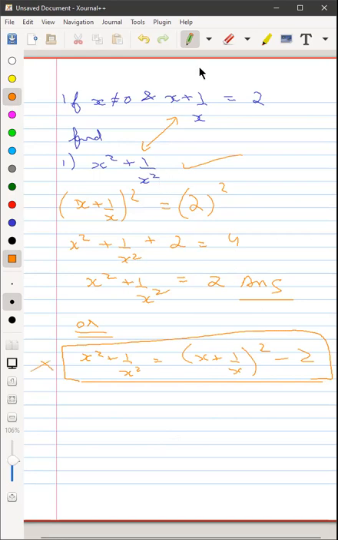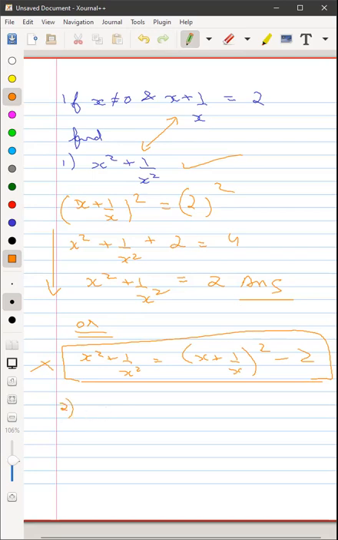This is correct. So what we do is we start off with what is known to us. X plus 1 upon x is equal to 2. We square this, we square the left hand side and the right hand side, and then just solve further. So we'll get x squared plus 1 upon x squared is equal to 2, because we know the relationship between this is that if we square x plus 1 upon x, we get x squared plus 1 upon x squared, right?